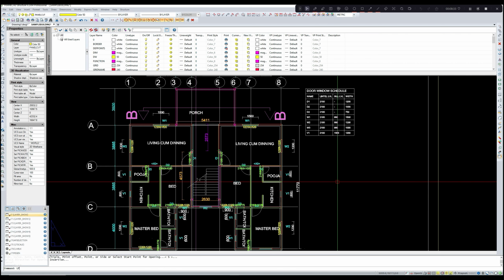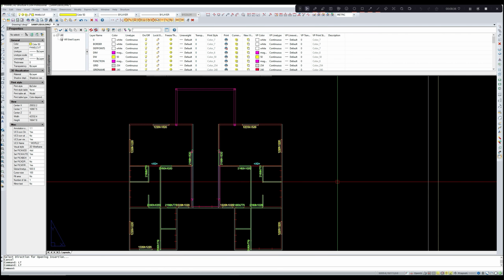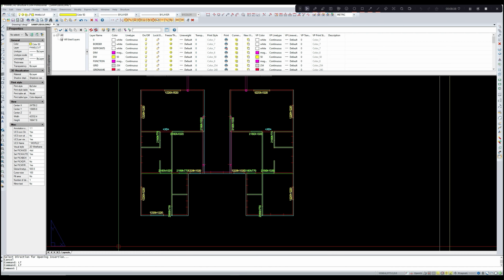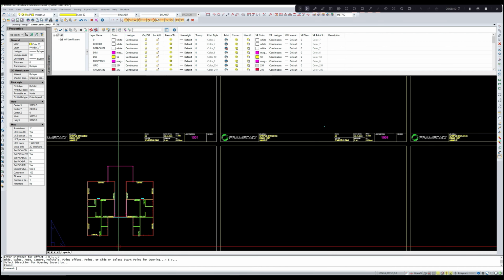So LT again. Enter. User defined. It shall still remain user defined window, UW. Head location. Width. Enter H for head location 2160. Then enter the width, that is 620. Then enter